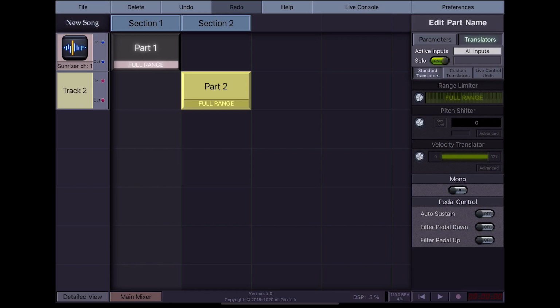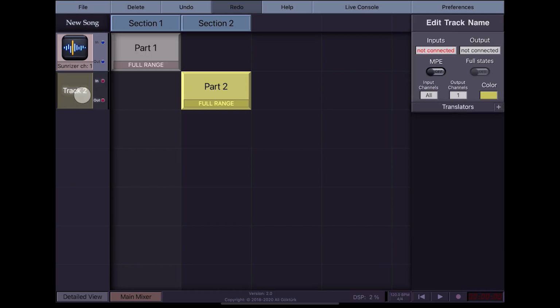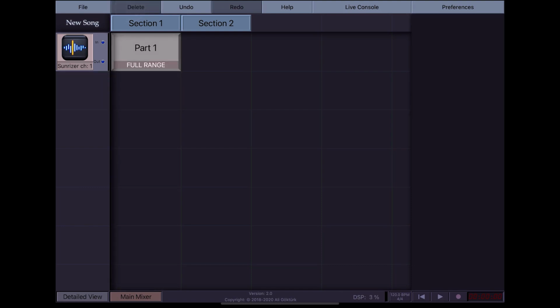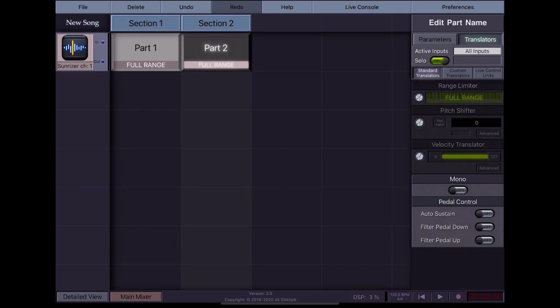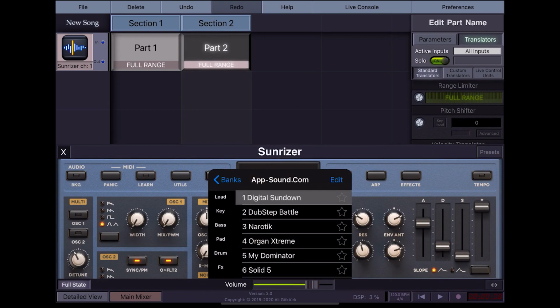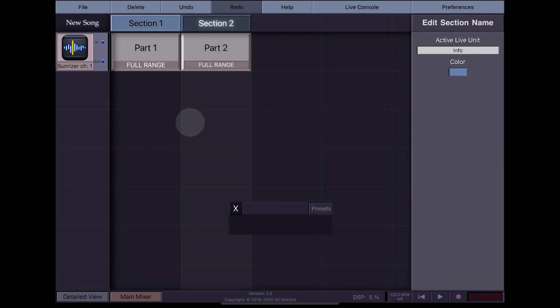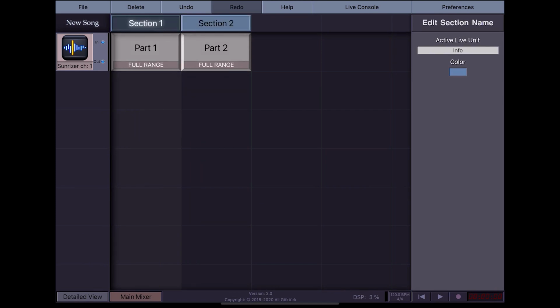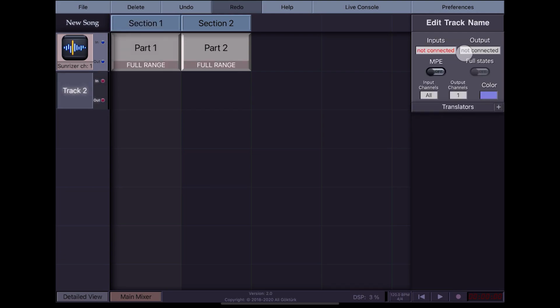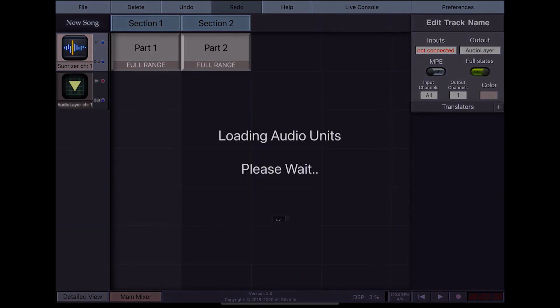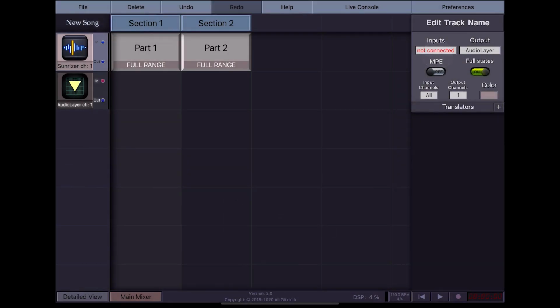But seamless audio actually mostly depends on the synthesizer itself. So for example, on Sunriser, if I create another part here and change the instrument, when I change the section, Sunriser automatically cuts the sound. And in fact, this is the case for most audio units. There are some exceptions, though. For example, AudioLayer managed to simulate seamless audio on its own, even if